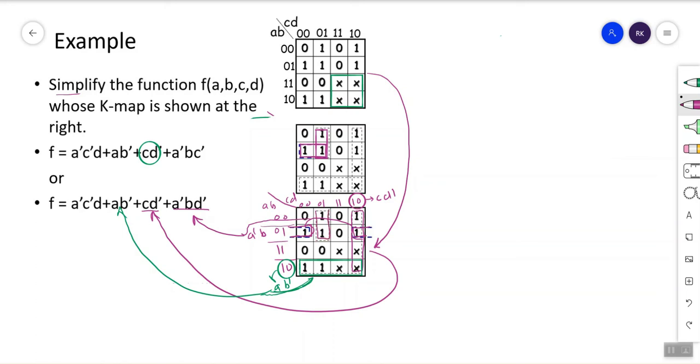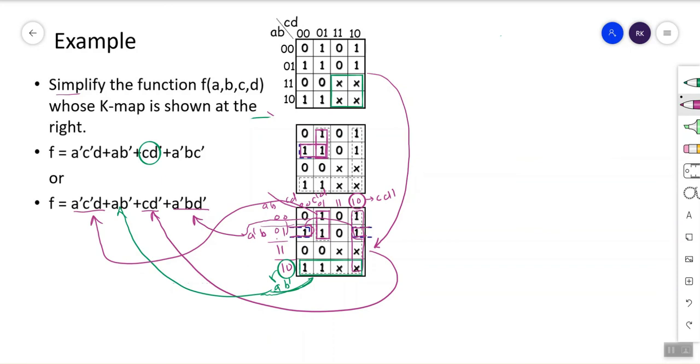So you can put this entry. So what does this correspond to? This corresponds to C naught D as well, and B is going to change. So B is going to cancel out and it comes to 0. So this is A naught C naught D. So this corresponds to this entry. Okay. So I hope that you have understood this example.